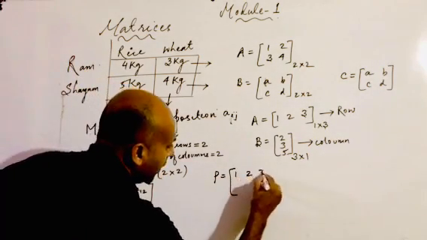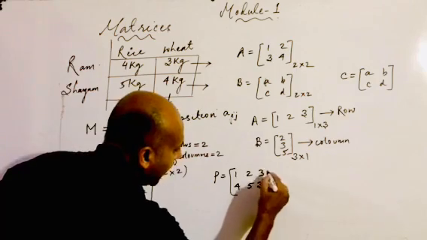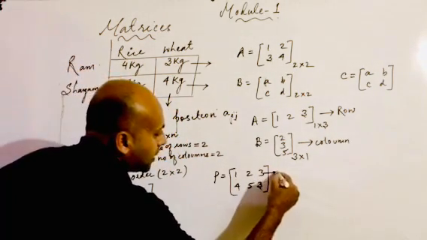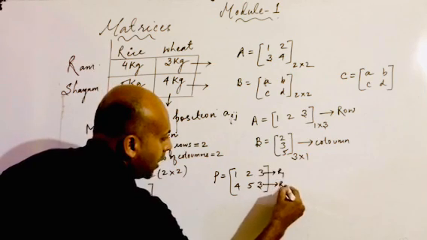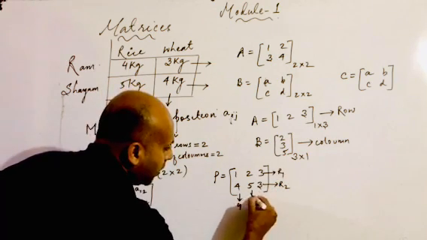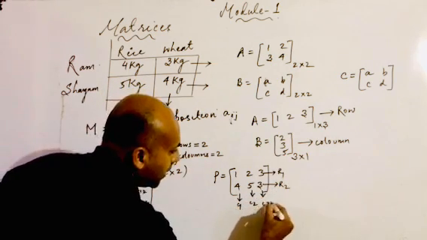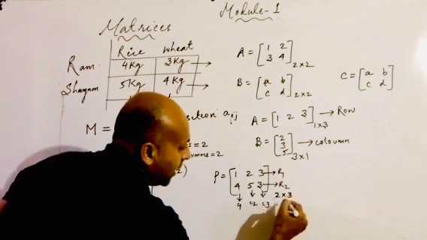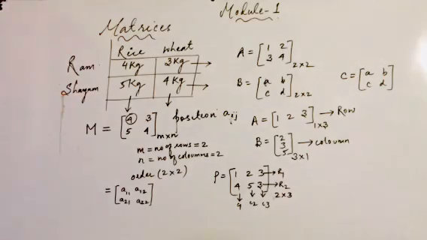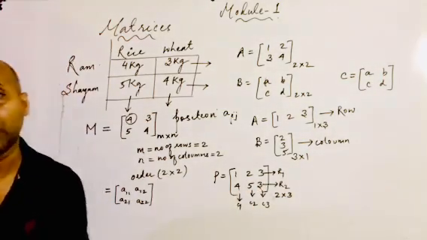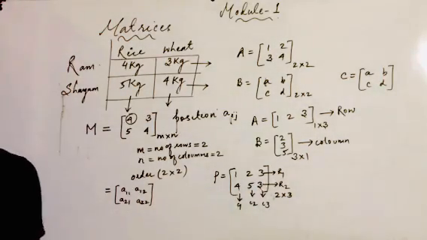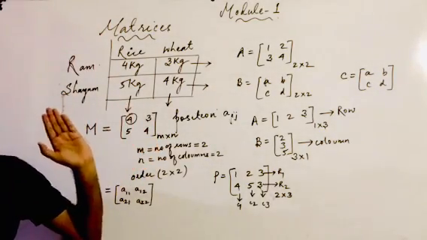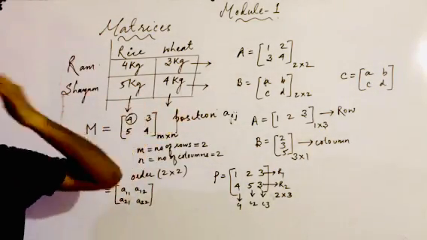Now I'm giving you one more example, a matrix P, which I write as 1, 2, 3, and then 4, 5, 6. To write the order of this matrix, how many rows are present? 2 rows. This is row number 1, this is row number 2. How many columns are there? This is column number 1, column number 2, and here column number 3. So the order is row number 2 and column number 3, so this is 2 by 3 order. Here the number of rows and columns are not equal. That's why we call it what matrix? Rectangular matrix. So we have discussed square matrix, rectangular matrix, row matrix, as well as column matrix.